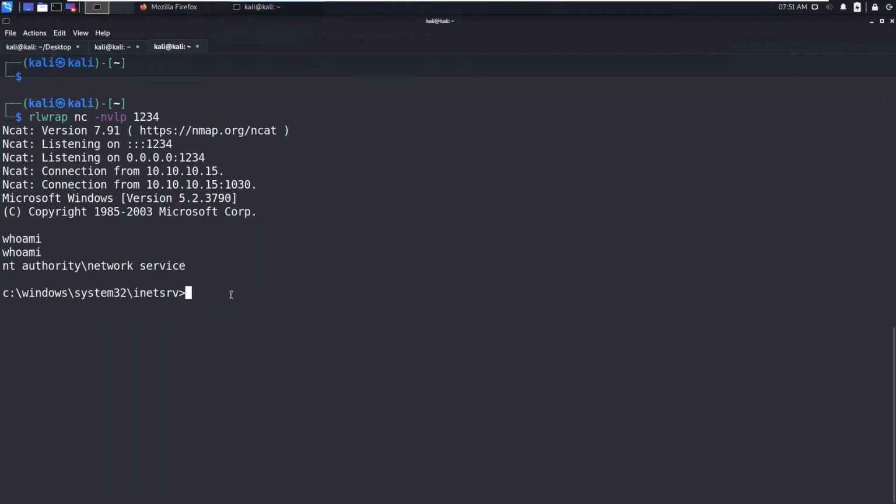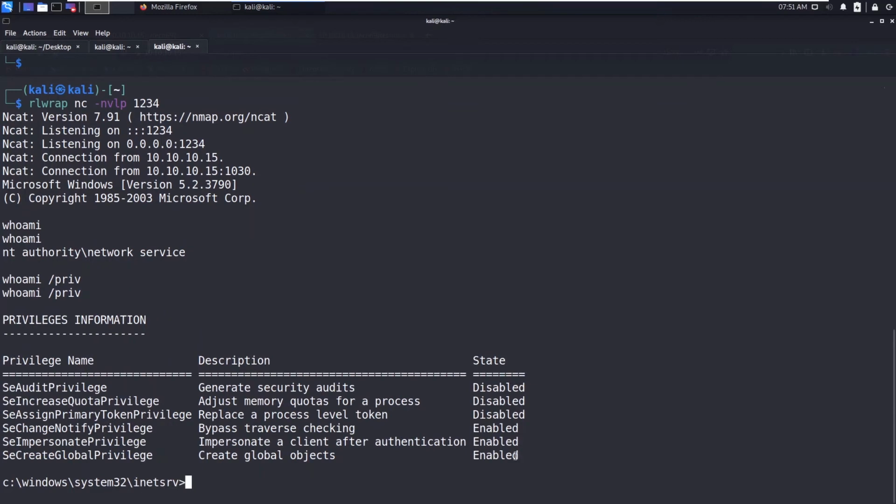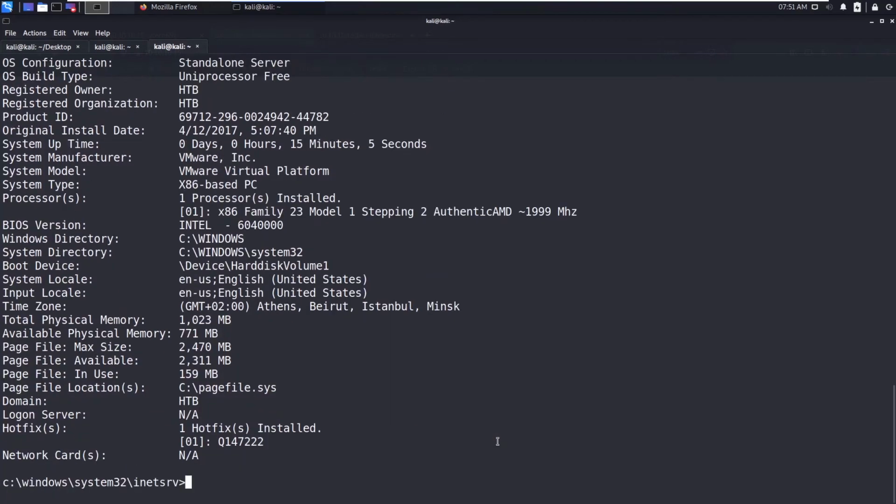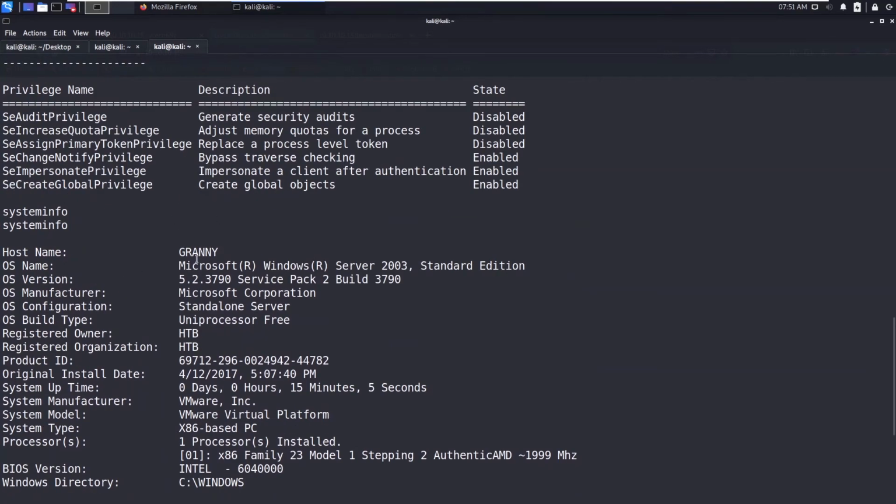Alright, now let's cd to temp. Let's first view the permissions, whatever our privileges. So SeImpersonatePrivilege has been enabled. Okay, that should be fine. We should impersonate tokens. We can use the Juicy Potato, and let's see the system info.